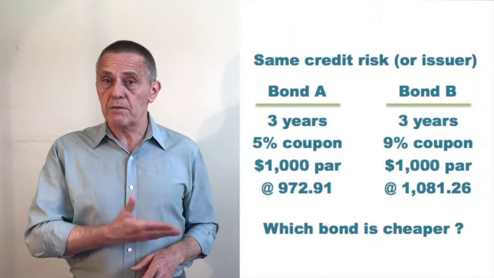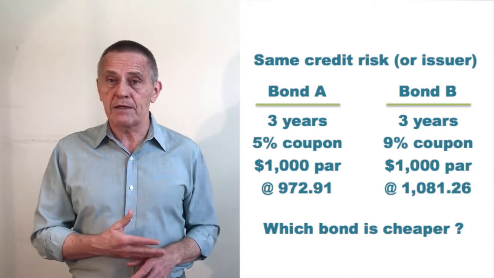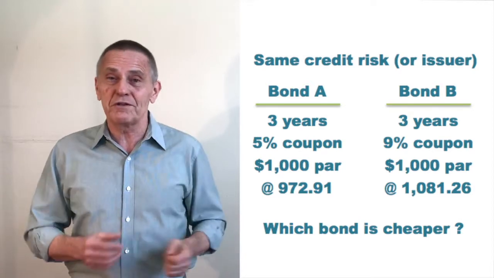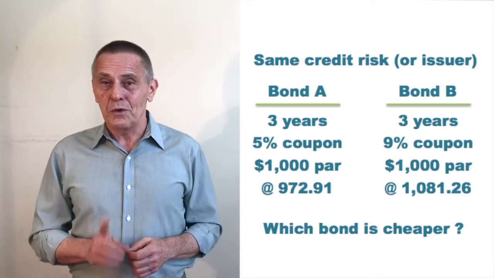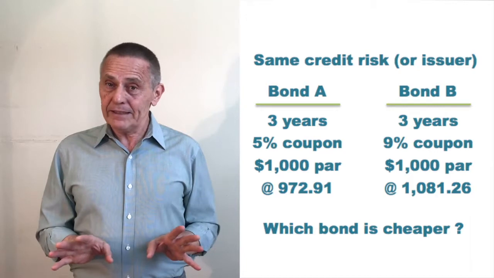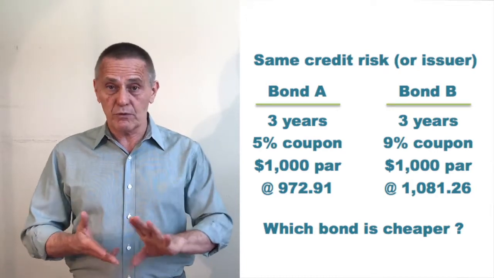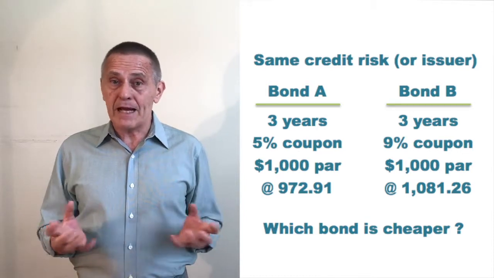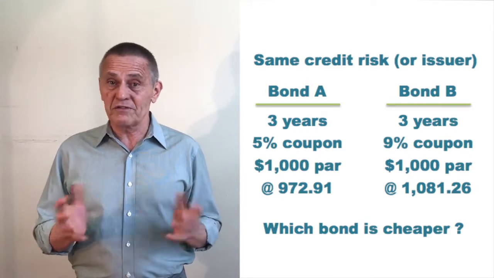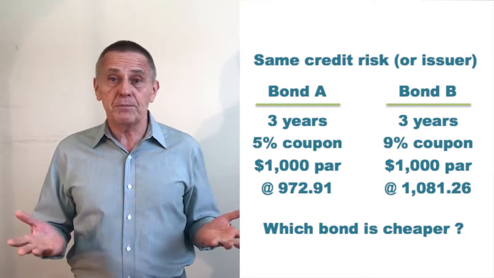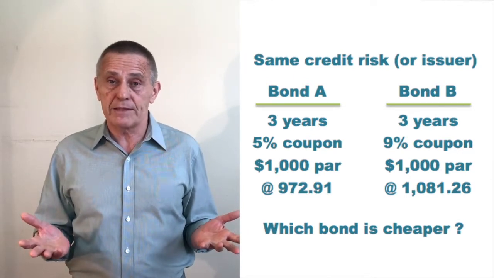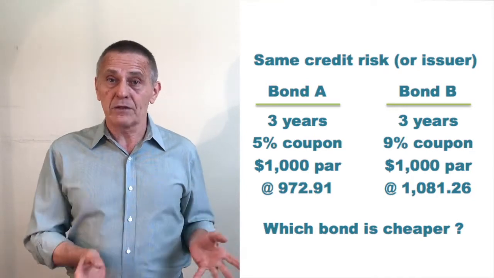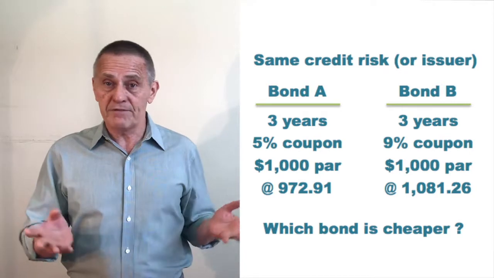So let's go back to our comparison between bond A and bond B. Which is cheap, or for that matter, which is rich relative to one another? Well, note, since the bonds are not exactly the same, despite the fact that they have the same credit risk and the same time to maturity, the mere fact that they have different coupon rates means that I cannot discern which of those is relatively rich or relatively cheap by a simple comparison of the dollar prices of the two bonds. Because clearly bond A has a lower dollar price, $9.72 in some sense,